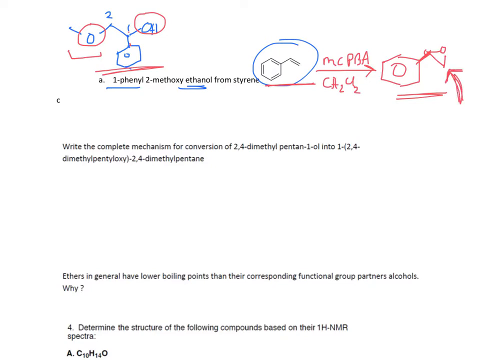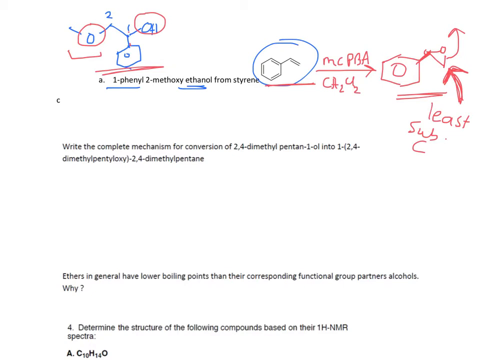What that means is that it's the least substituted carbon that must go through the attack. And so what does that tell you? That tells you that you should not use methanol and acid, because acid is going to ring open from the most substituted site, and you don't want that. You want the opposite. You want the least substituted site to get affected, and that should be the one which should ring open